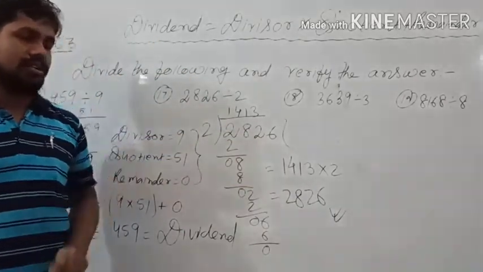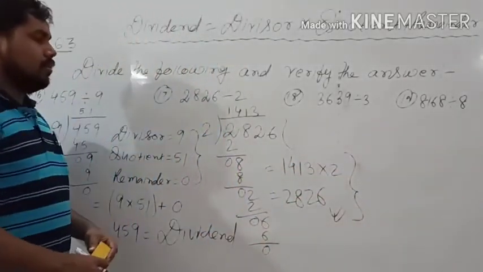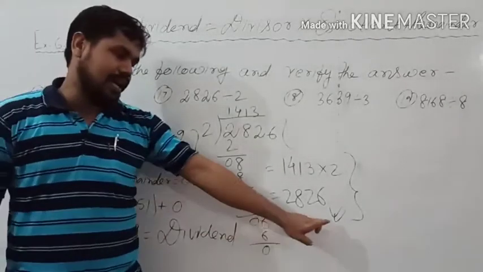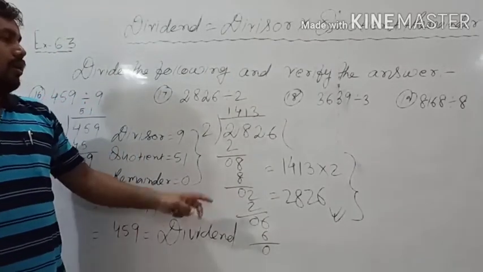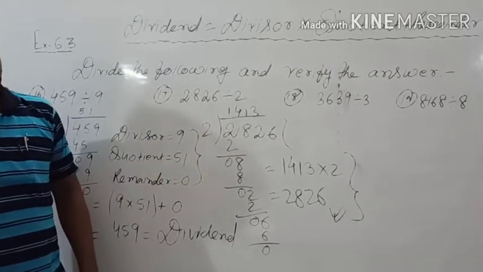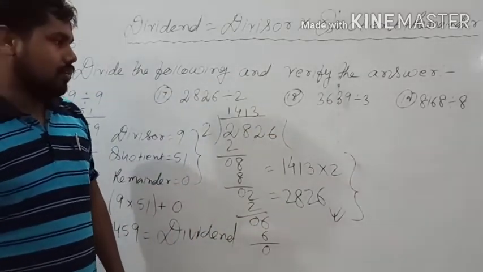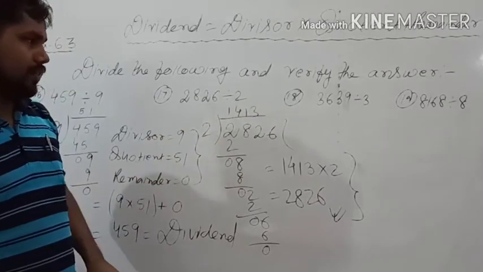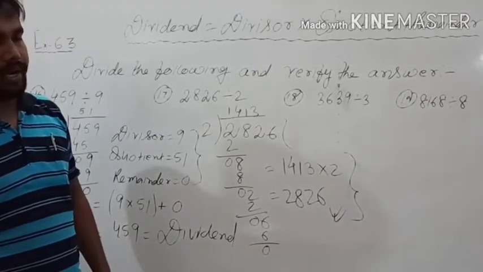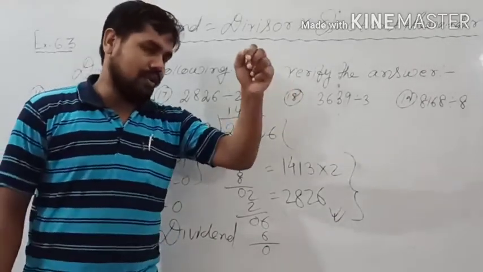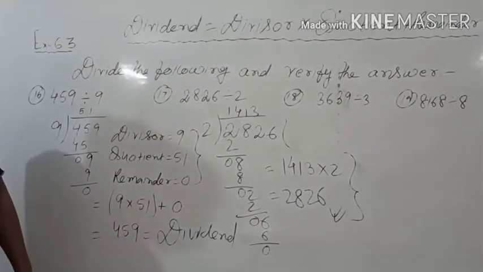So that means this division is also correct. So here also with this only we can verify that my division is correct. आपको यहाँ पे लिखना है कि because this dividend is equal to divisor into quotient, so that is why my division is verified or it is correct. So like this also you can solve by dividing, and after dividing, multiplying the quotient and the divisor. If the dividend you are getting, then your answer is correct. If you are not getting it, then it may be wrong. In the same way, you can solve the rest of all questions of this exercise 6.3 by yourself.